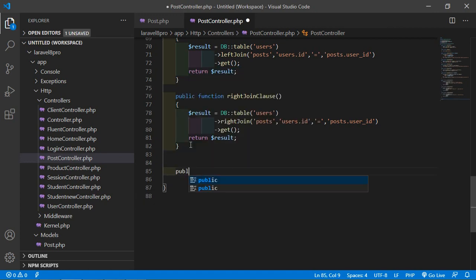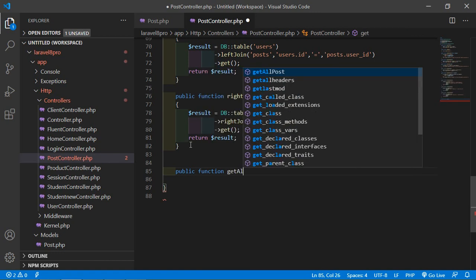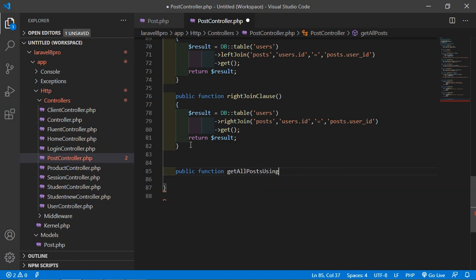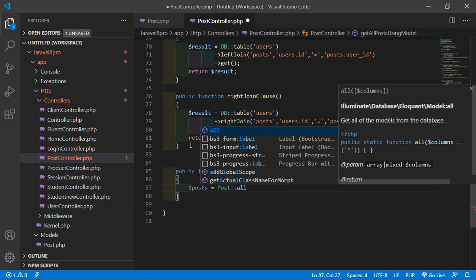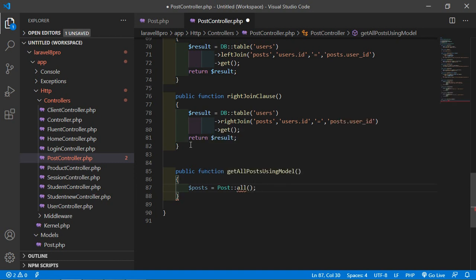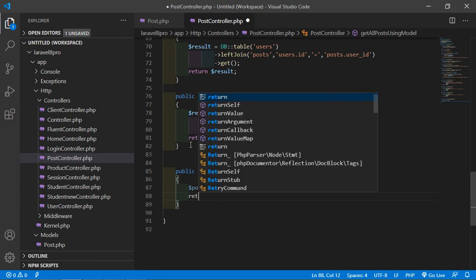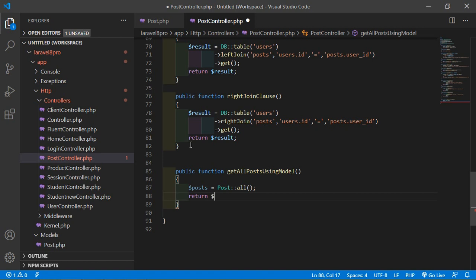Create a public function, and let's name it getAllPostsUsingModel. Here write $posts equal to Post::all(), and simply return $posts.